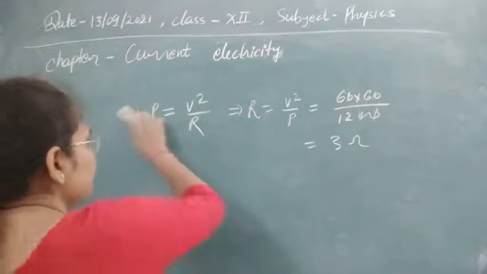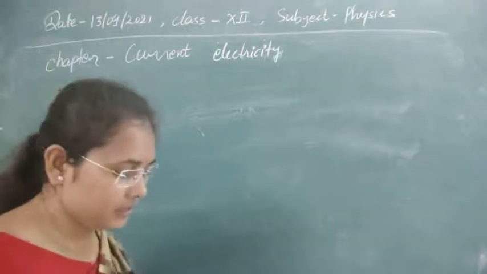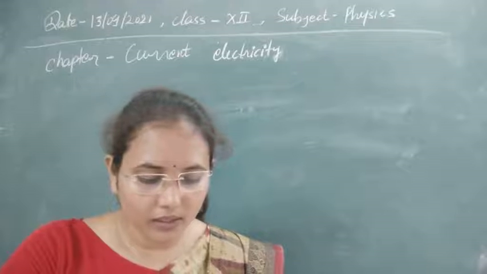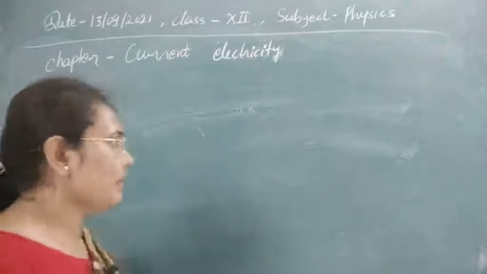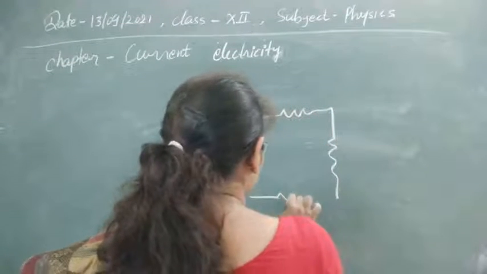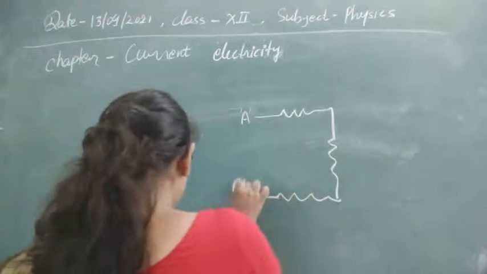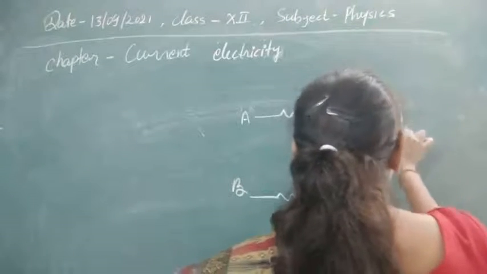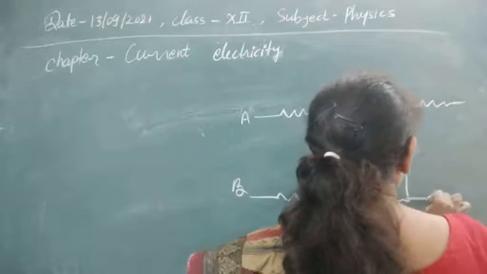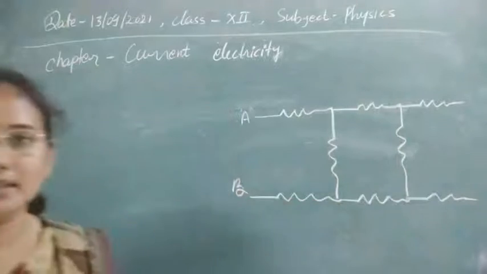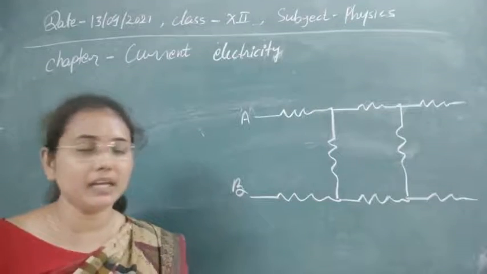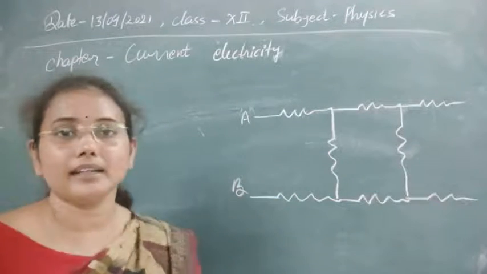Now let's see the next question. The question is, what is the resistance between points A and B in the circuit given below? All the resistances are of 1 ohm. So here first let's make the circuit. This is point A and this is point B. In this way it is given to infinity; this is an infinite ladder exactly. So for the infinite ladder we have to find the equivalent resistance between A and B if all the resistances are of 1 ohm.